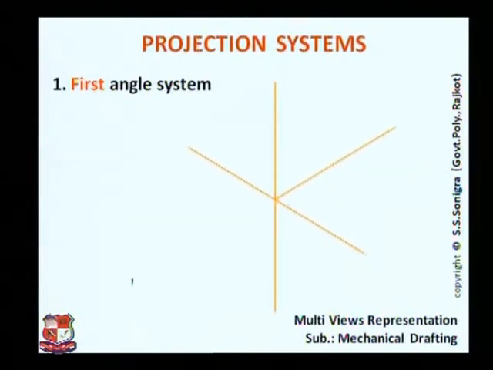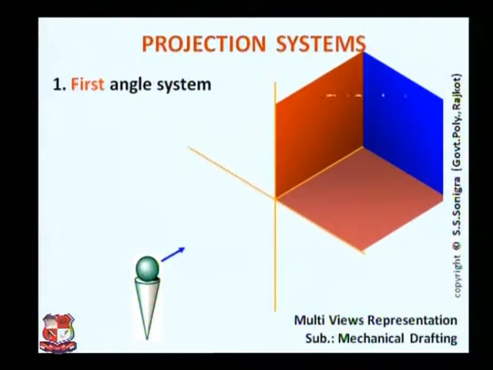Now what is the first angle projection method? As we know, there are 4 quadrants. This is the x-axis, y-axis, and the 4 quadrants are 1, 2, 3, 4, and this is the first quadrant. If we assume that the object is lying in this first quadrant as shown over here, then it is called the first angle projection method. We are looking from this side, and this is the object. So we assume that the object is lying in this first quadrant, hence its front view would be above the xy line, and its top view would be below the xy line.